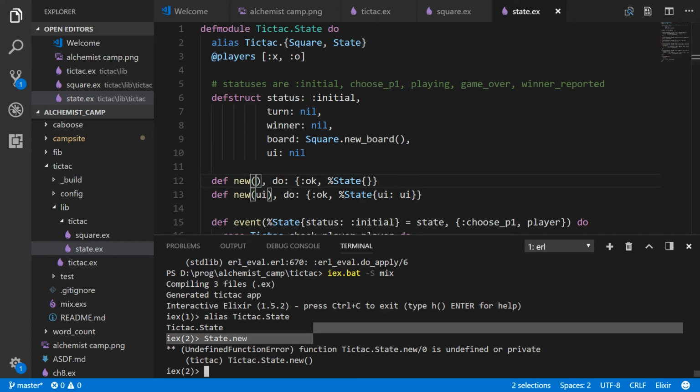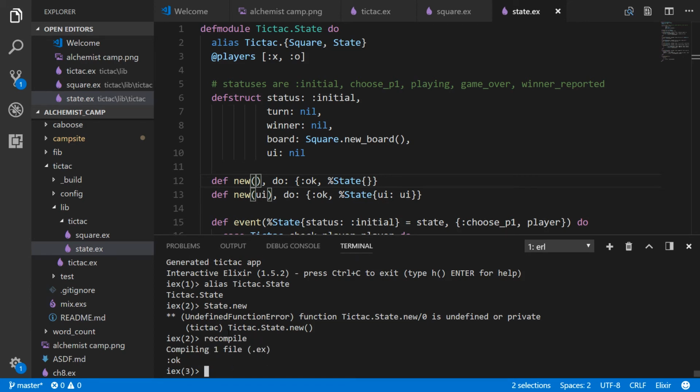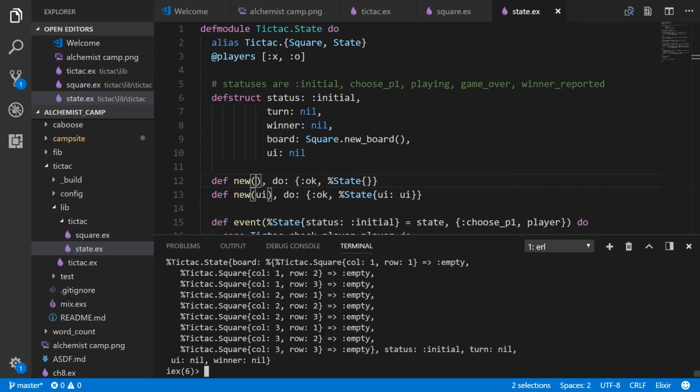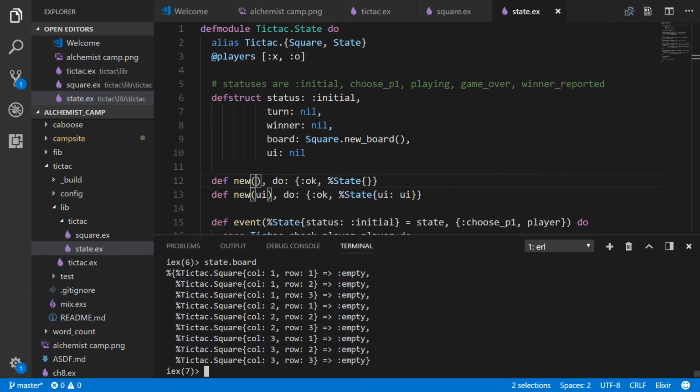So this time we've got a whole bunch of modules. Well, we've got 3 modules loaded up into IEX. The way we can recompile them all is just recompile. Everything's set up. So state.new, that looks pretty good. All right, so let's set OK and state equal to state.new. State, good. State.board, good. State.status,